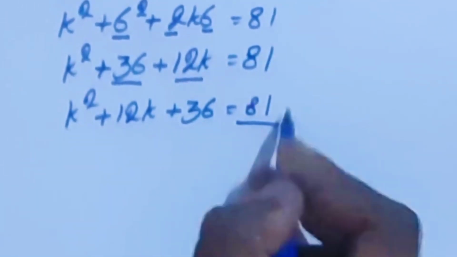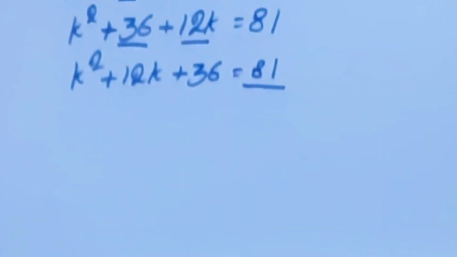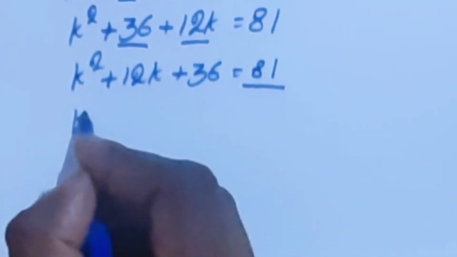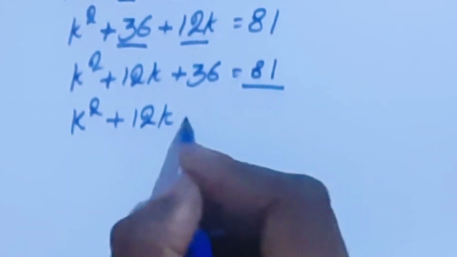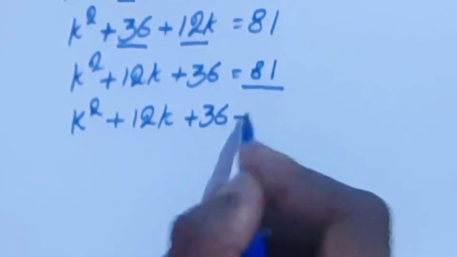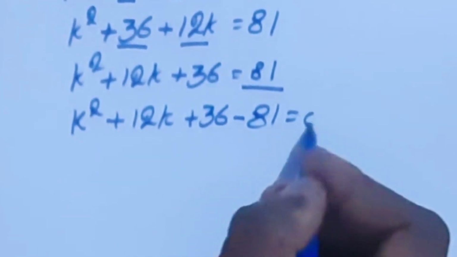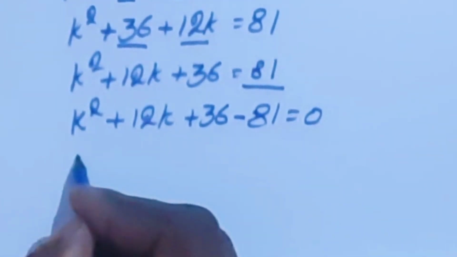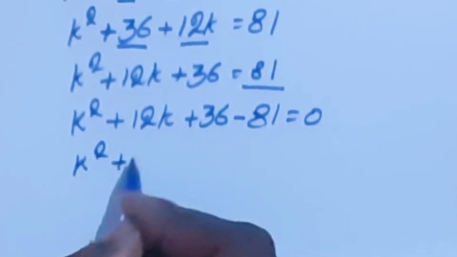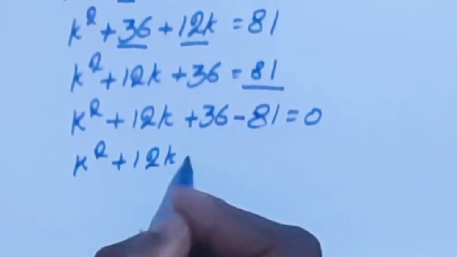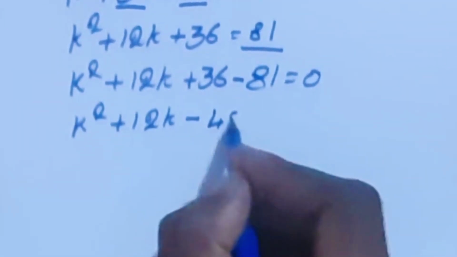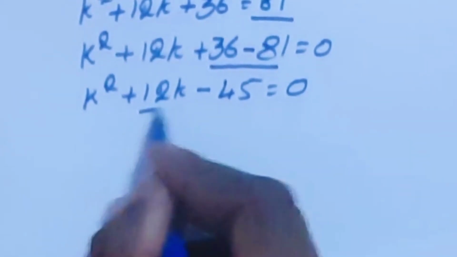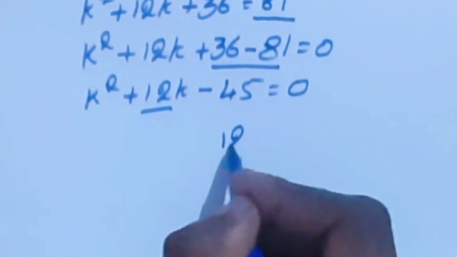Now we are going to move this 81 to the left-hand side. So we'll get k^2 + 12k + 36 - 81 = 0. Now k^2 + 12k, here this is negative 45, equals 0. Now this 12 can be written as